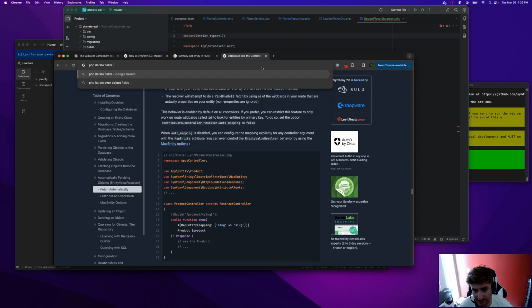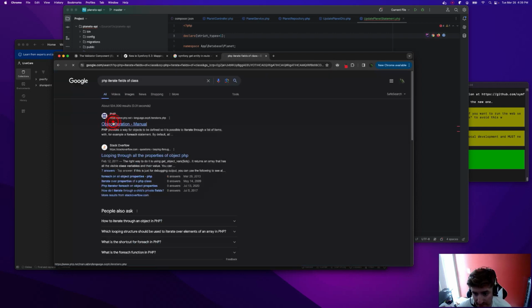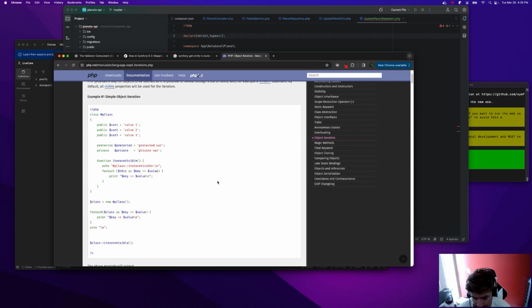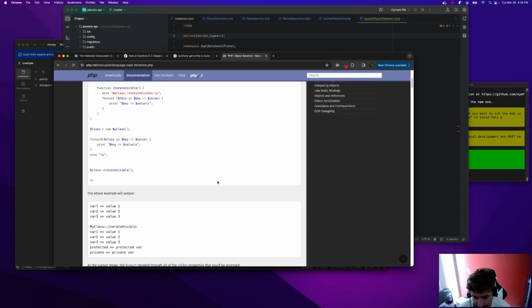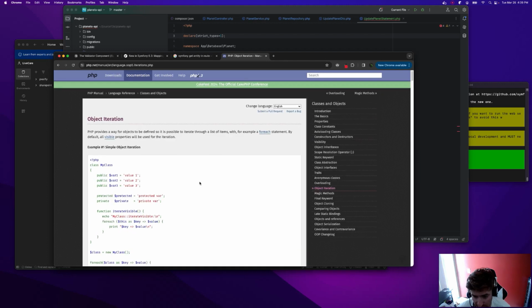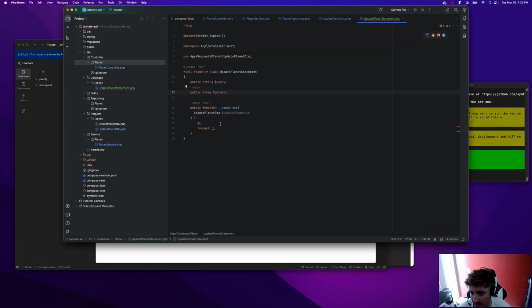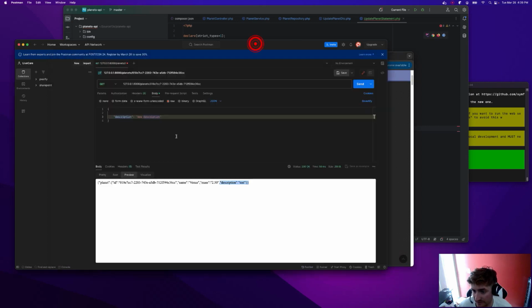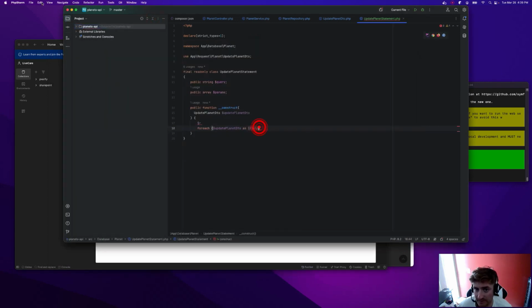Iterate fields of class, object iteration. I guess we could just do that as props. Let's see what happens. As field, how do they do it in the PHP docs? Field, value,